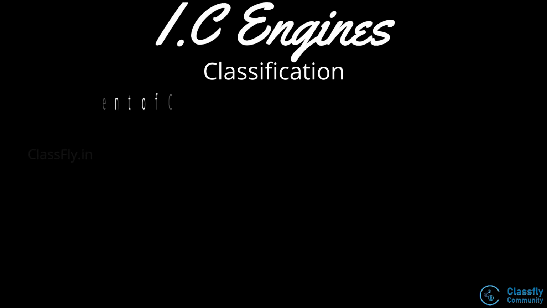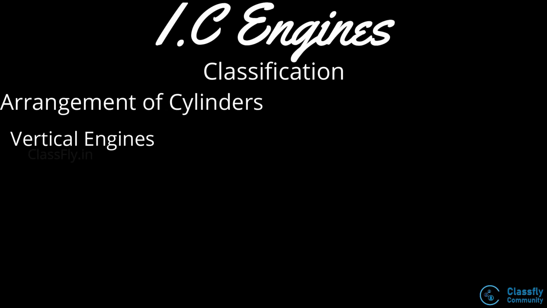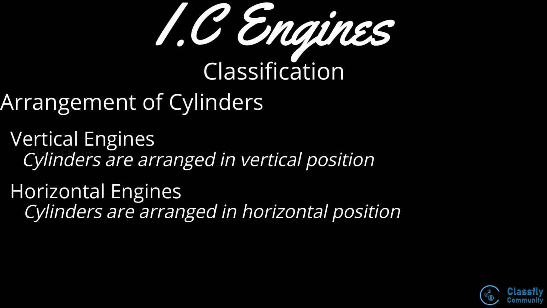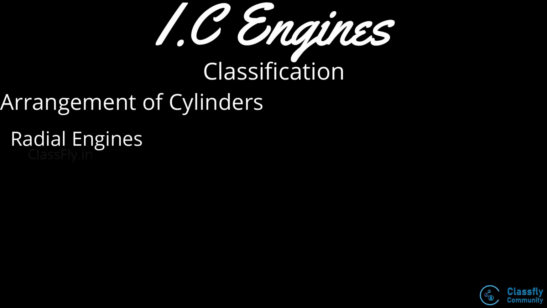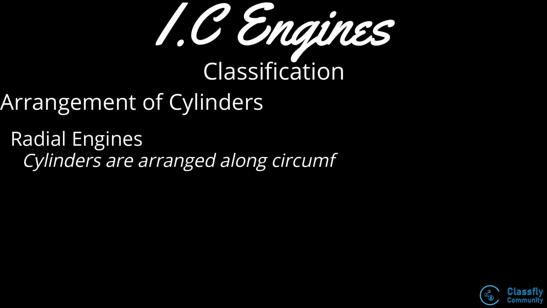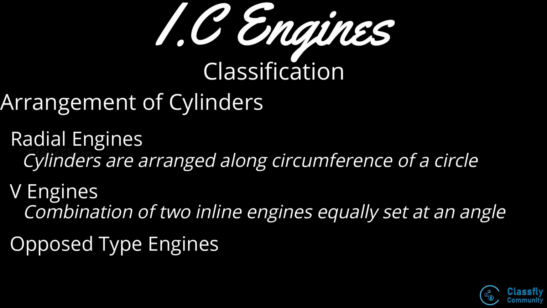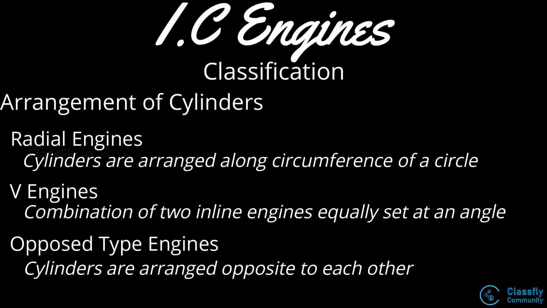Also, they are classified according to the arrangement of cylinders into vertical engine, where the cylinders are arranged in vertical position, horizontal engine, where the cylinder is arranged in horizontal position, inline engine, where the cylinders are arranged in a line, radial engine, where the cylinders are arranged along the circumference of a circle, V engine, which is a combination of two inline engines equally set at an angle, and then opposite type engine, where the cylinders are arranged opposite